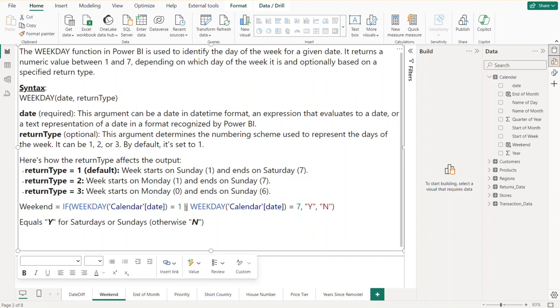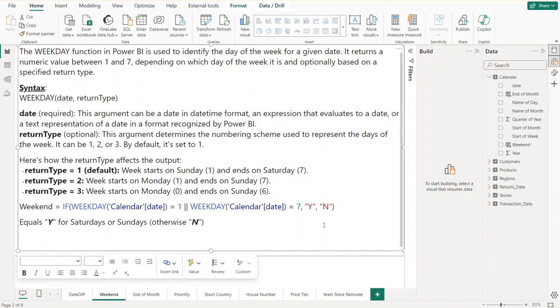Or that's what this double pipe is. It's an OR logical operator. I'm going to also check to see if the date column is equal to a 7, which means that it's a Saturday. So basically, I'm saying if the date is a Sunday or a Saturday, I want to mark this particular record with a Y, meaning yes,